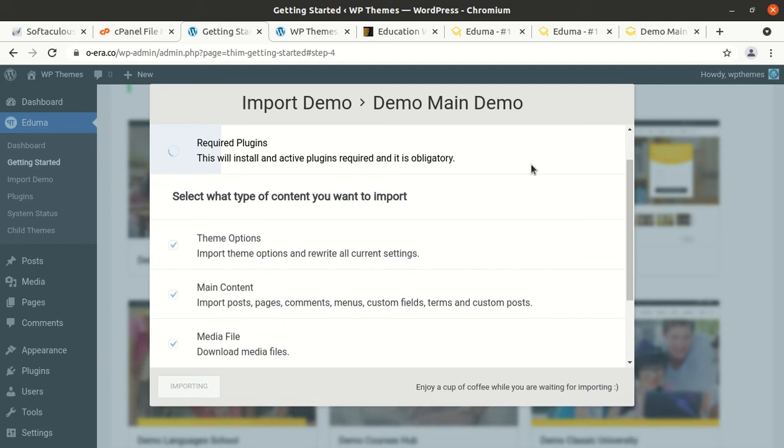But here it is going on, and if you are ordering the theme at the WP Themes channel along with the hosting plan, you shall be getting the same capacity server as you are watching on the screen. So you have to take your own decision, either you have a good capacity server, or